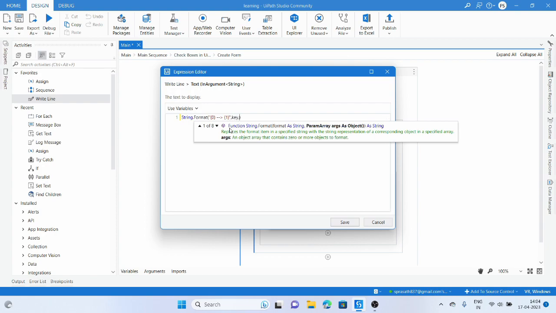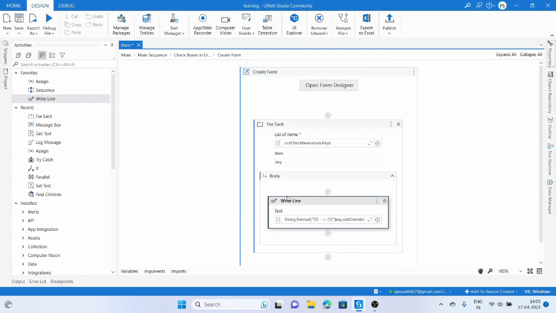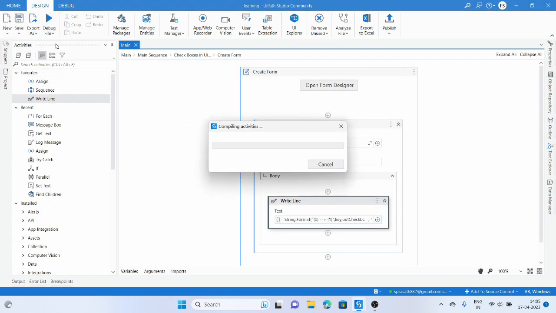The first parameter is the key, and the second parameter is the value for that particular key. We can get that by dictionary of key, which gives the value for that particular key. So string.format 0 will be replaced by the key and 1 will be replaced by the value for that particular key. So let me close this, save this window, and now if we run the workflow,